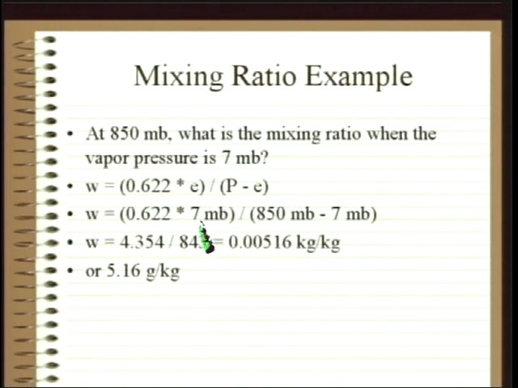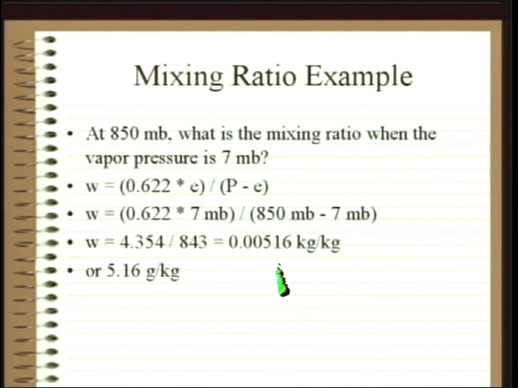Our value of vapor pressure is 7 millibars, so we'll take 7 times 0.622, and then divide that by, we need to find the pressure of the dry air, so we take 850 millibars and subtract off 7 millibars. And that produces these two numbers that we have down here that are divided by each other. And once they're divided by each other, that'll produce a value of